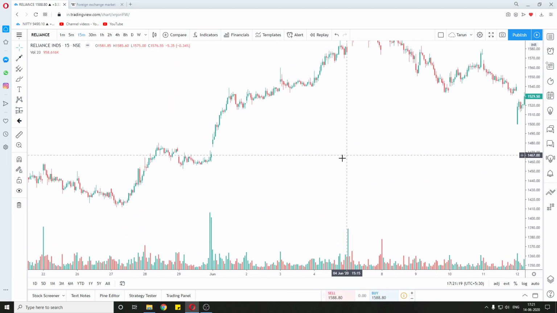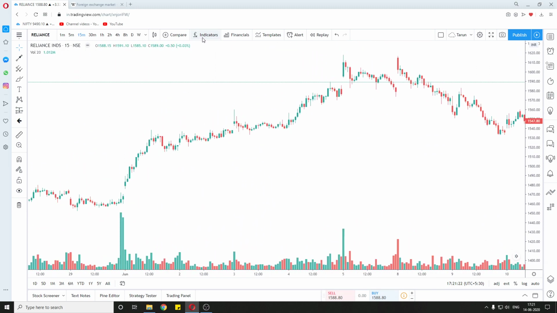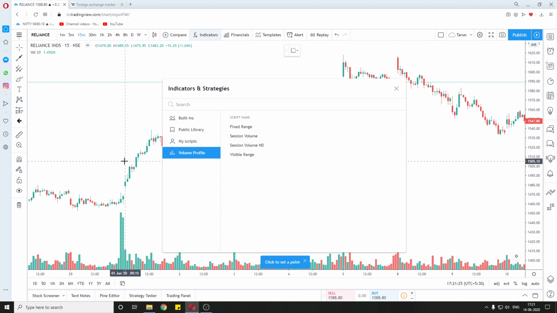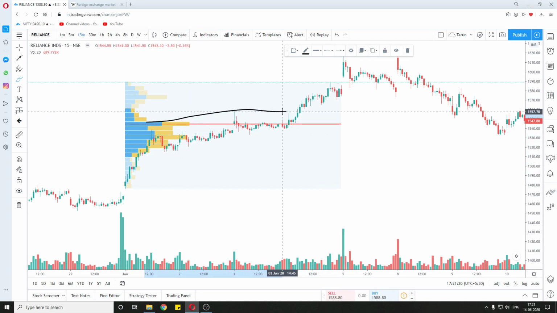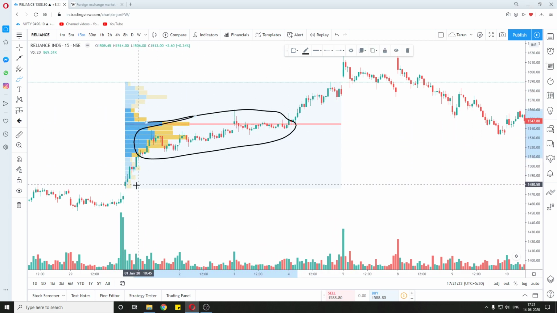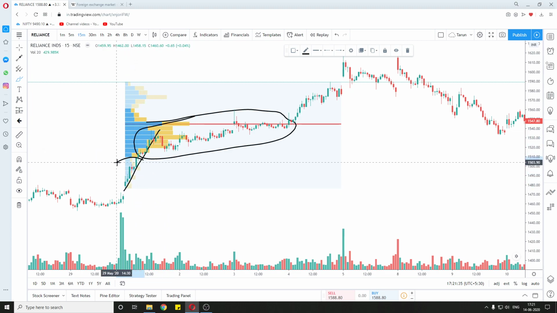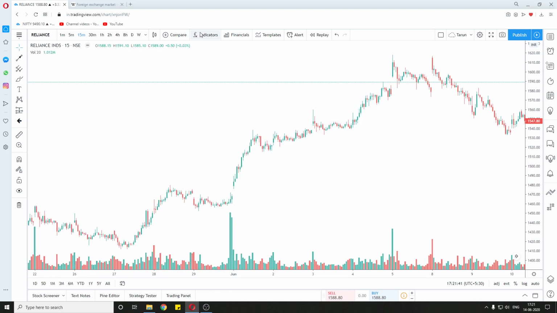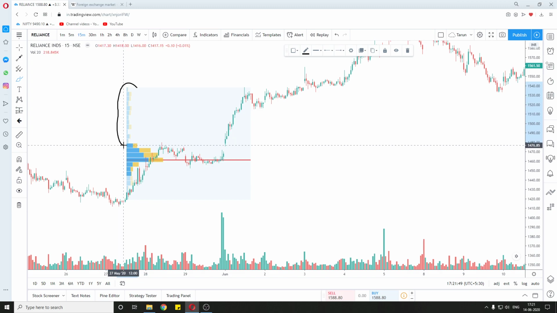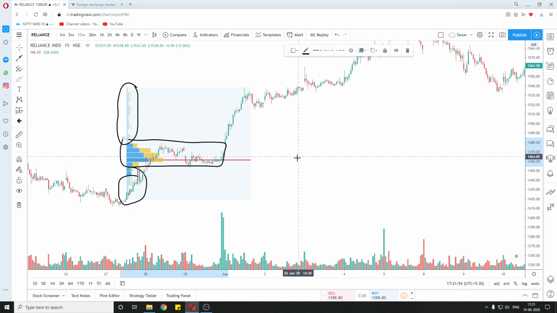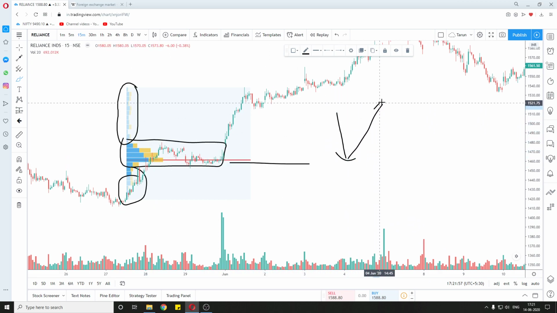And you will find that if we are taking the volume profile for this area, the maximum volume is always present in the sideways market. And during the trend, the volume is very small, as you can see in the volume profile. And if we take another example, as you can see, the volume during the trend is very low, and the volume during the accumulation is the highest. So when the price comes back to this level, the price will react.